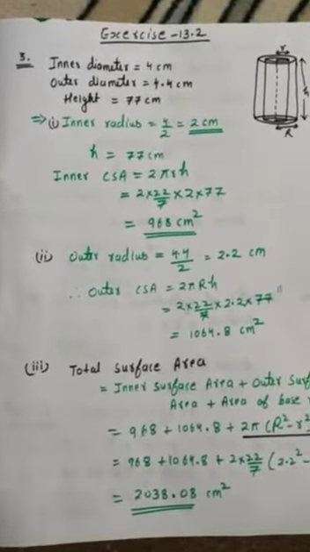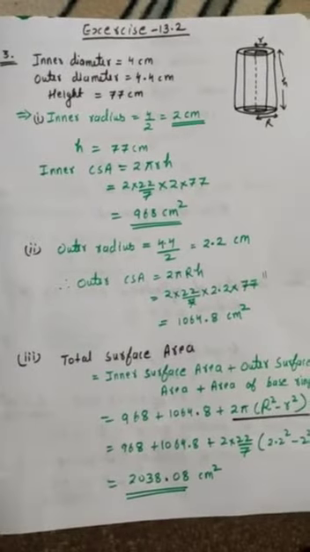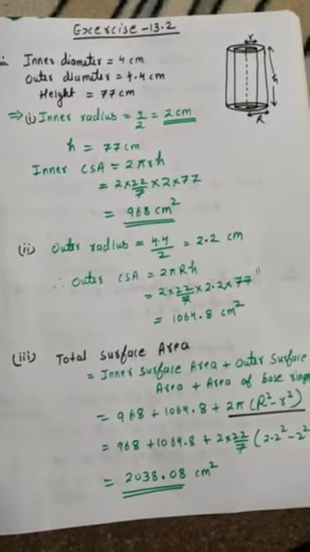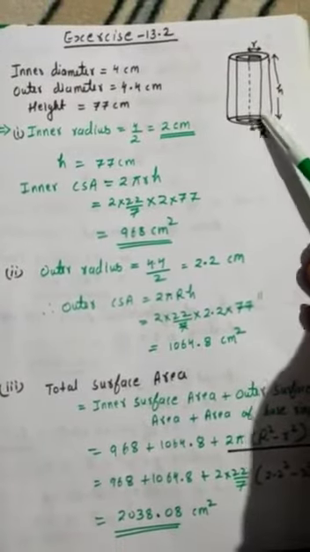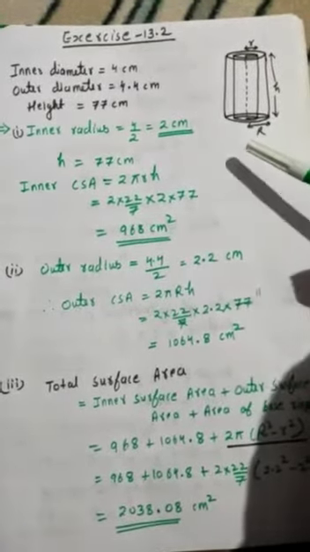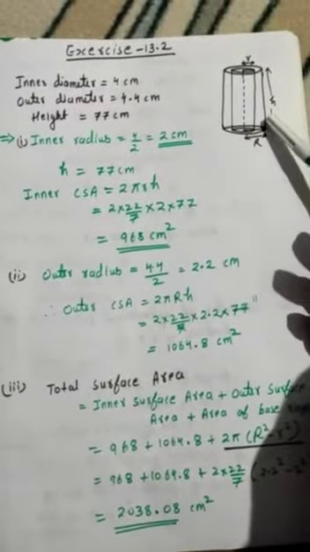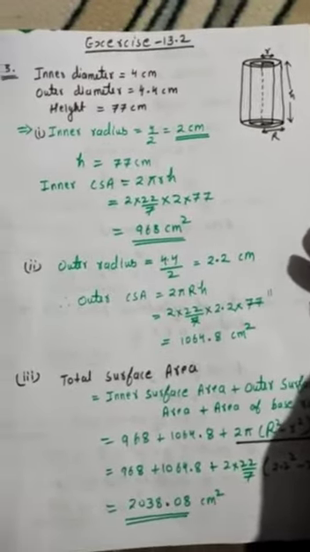So as we have already started the chapter surface area and volume, in that I have already introduced you the formula for calculating surface area of a right circular cylinder. You can see in front of you, this is the figure of a cylinder which is right circular. Right circular means it is standing at an angle of 90 degrees and it is circular. So the special name is given right circular cylinder, but basically all the cylinders are right circular only.